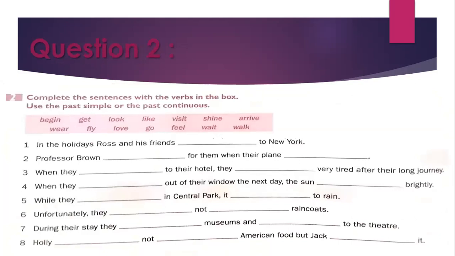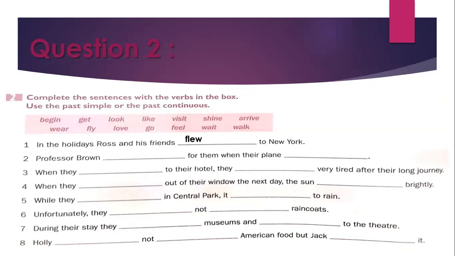Complete the sentences with the verbs in the box. Use the past simple or past continuous. Okay, we are going to use from the verbs in the box. Okay, in the holidays, Ross and his friends to New York. Okay, so we are talking about action happened and finished in the past, in the holidays. So Ross and his friends, instead of fly, you are going to use the simple past form of fly, which is flew to New York,